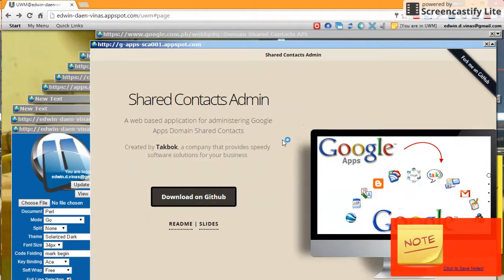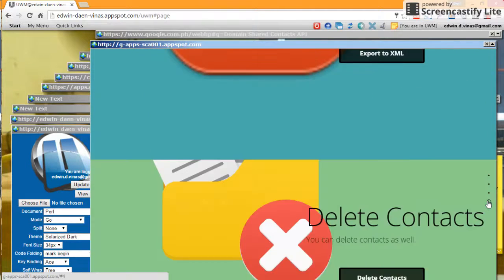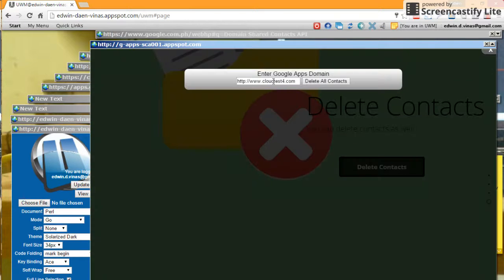Basically, the working demo of the Shared Contacts admin tool has sections like import, delete, and export. So what we're going to do is to try first this delete contact so that we can refresh the contacts directory. If you press the delete contacts button, you're going to input the domain name and click delete contacts.